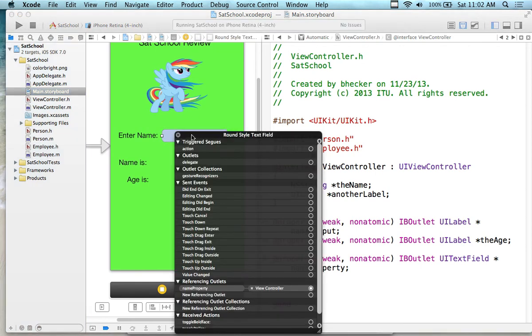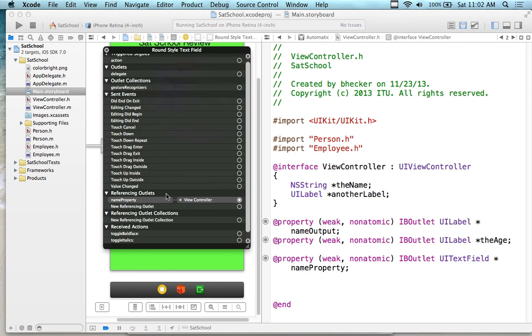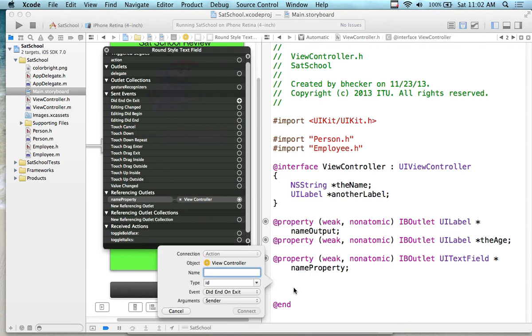So here I'm going to right mouse click on this round rectangular round style text field, and I'm going to click down here at the top. Excuse me, this did end on exit is the behavior that I'm looking for. We're going to see this. In fact, here actually I can do something with the button. Actually, we'll wire the image view. We'll put a button on here too, just to show you a couple more options in my review here. But this is the text field, so I'm going to call this one here finished